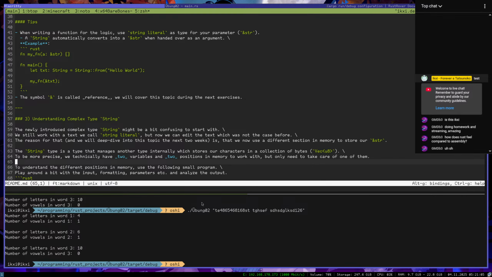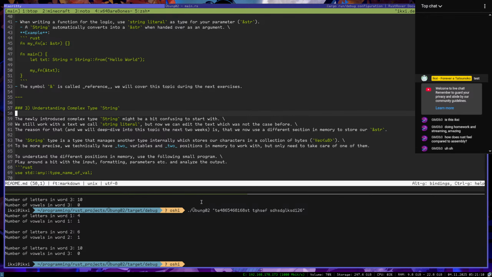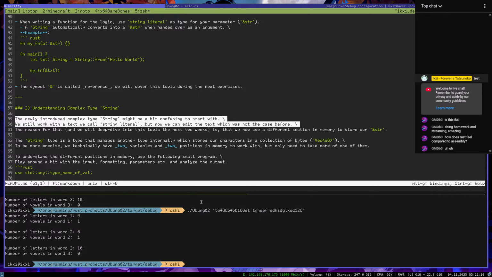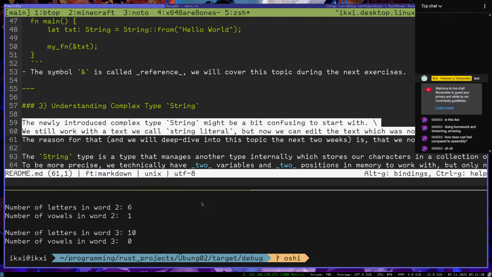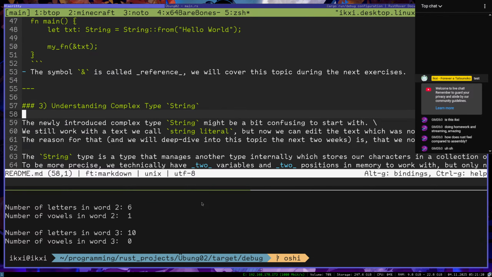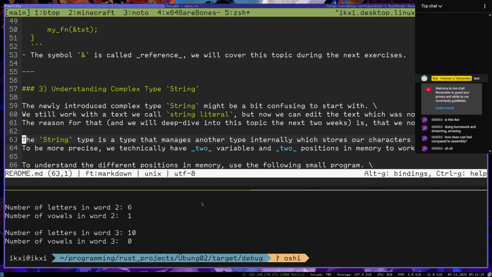Understanding complex strings. We will introduce the String type. Might be a bit confusing. Blah blah blah. We will still work with text, because string literal, but now, how do I macro word wrap?